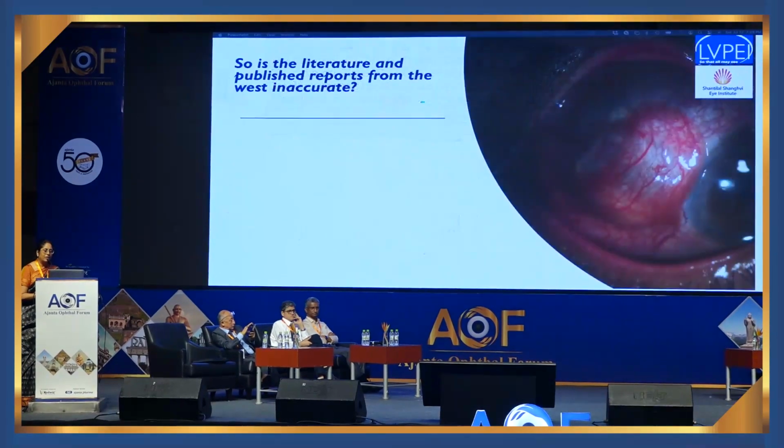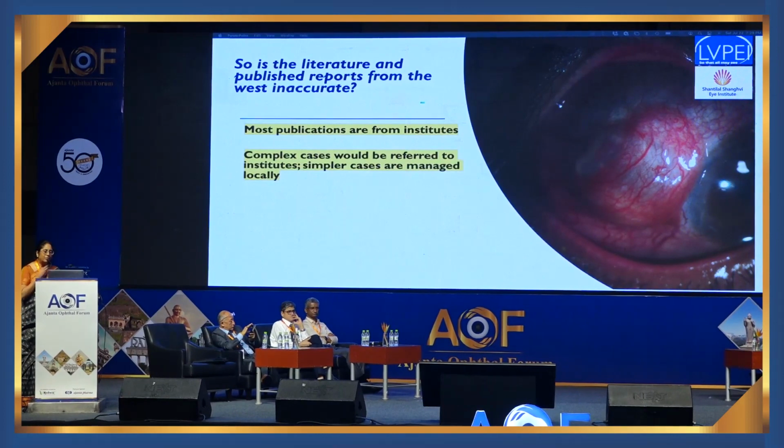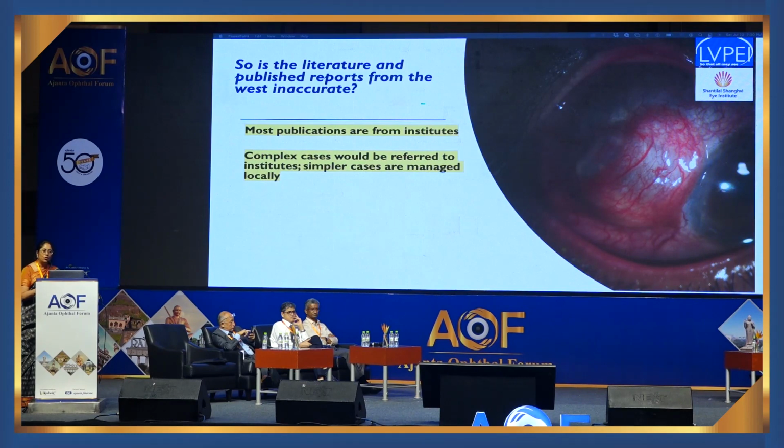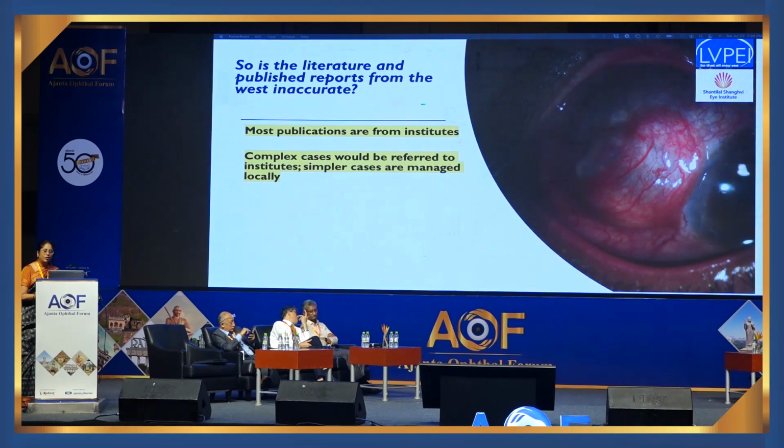Is it because the literature published is inaccurate? Probably not. It's mostly because the publications that are overseas are from institutes. So overseas, many of the complex cases are often managed locally, and then the more complicated cases, or those that need, say, rheumatological workup or rheumatological tie-up, are the ones that are managed at the tertiary care. So that could be why when the institutes publish their prevalence of cases, they might say that the systemic association